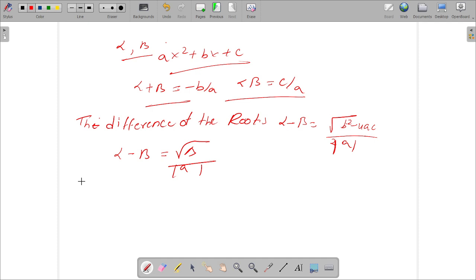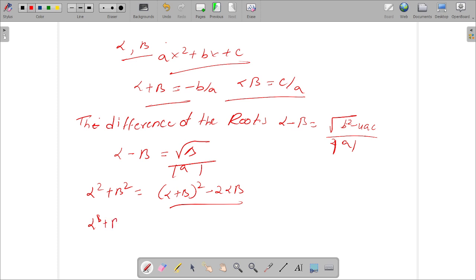And small things: they may ask about the relationship between the roots of the equation in a different form. For example, you have to find alpha square plus beta square. They may give the sum and the product. You have to calculate the sum and product, and you will get the alpha square plus beta square value. Alpha square plus beta square can be written as alpha plus beta whole square minus 2 alpha beta. Here you can directly substitute the alpha plus beta and alpha beta values. And similarly so on for cube.